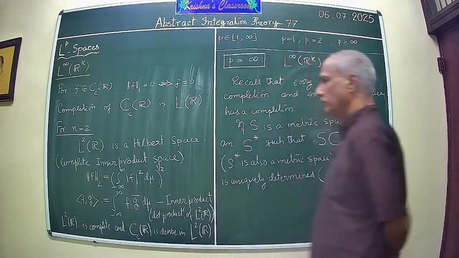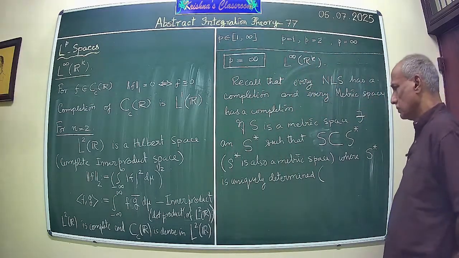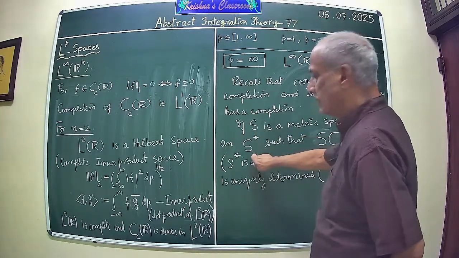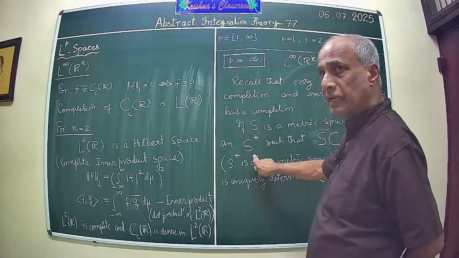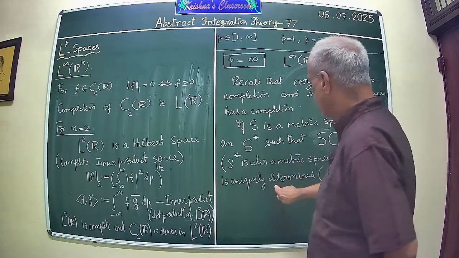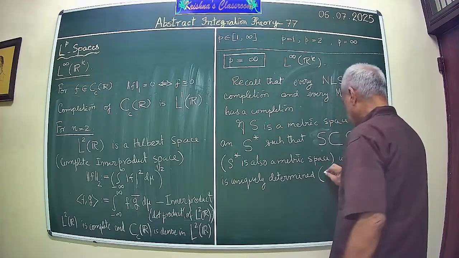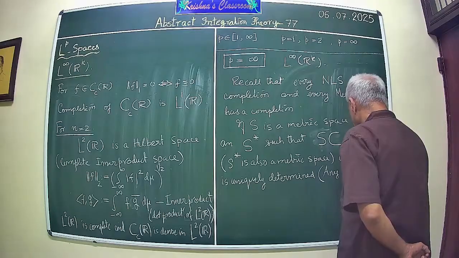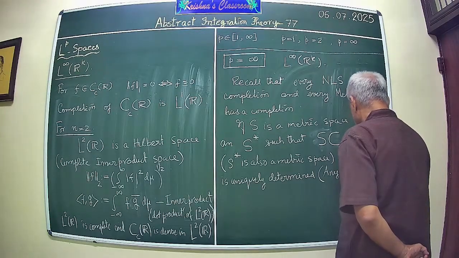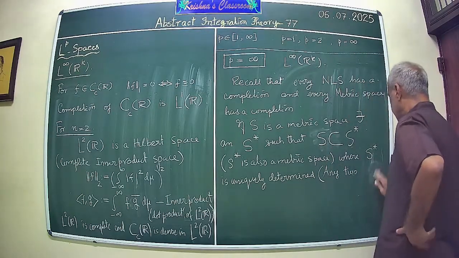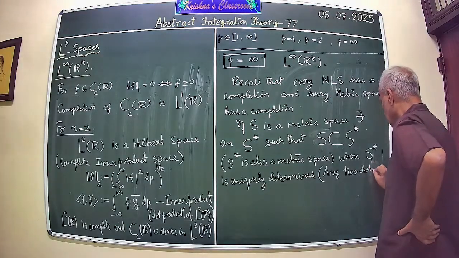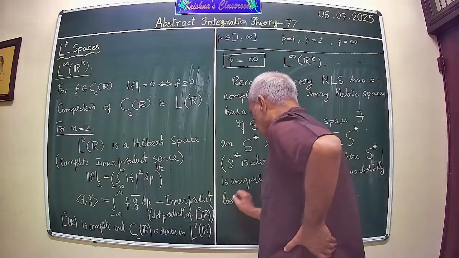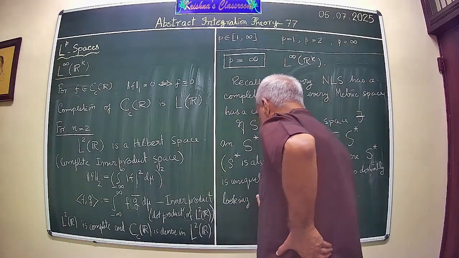Now this needs some explanation. When you start with an abstract metric space, there exists a uniquely determined S star, and the uniqueness is in the sense that any two distinctly appearing completions of S